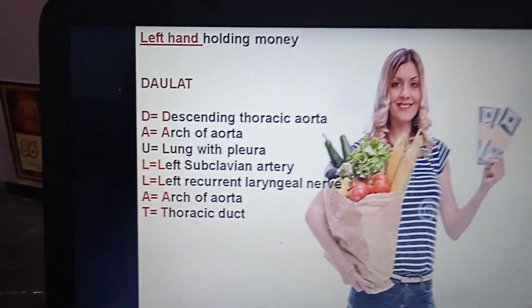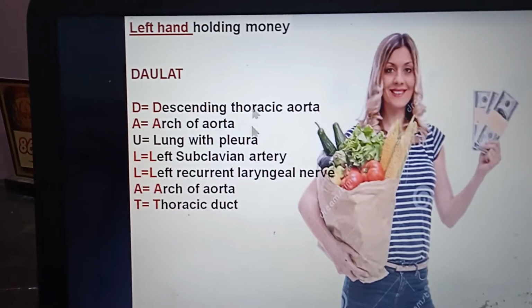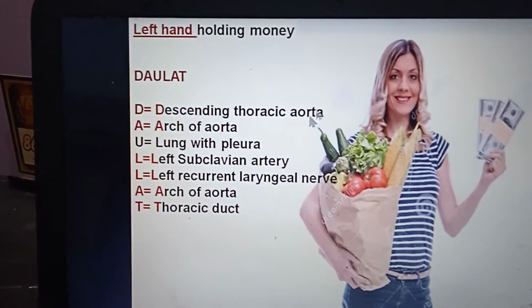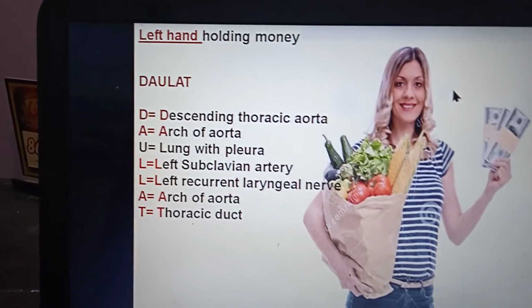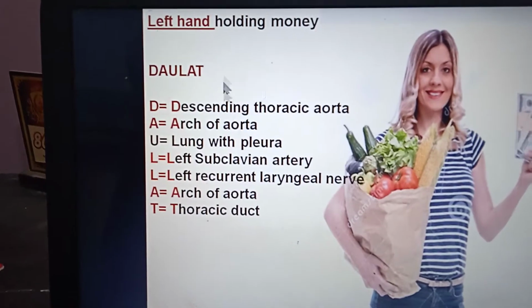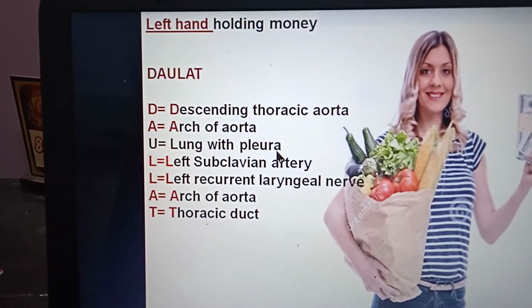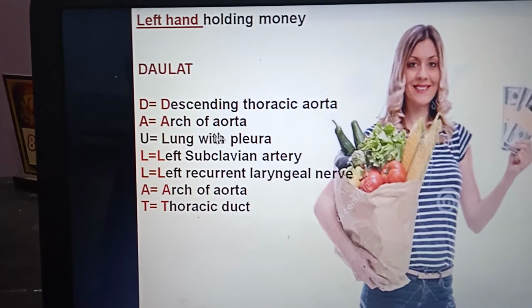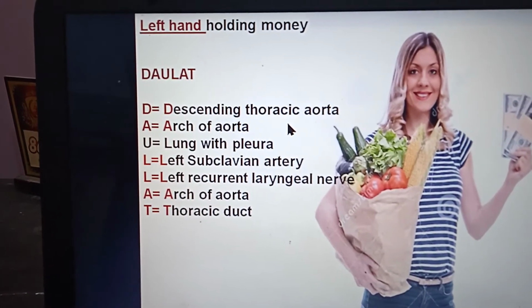And left hand holding money. With the right hand we ask for food, and with the left hand we used to hold money. So daulat on the left side. Descending thoracic aorta we have seen. Then daulat, A for arch of aorta,